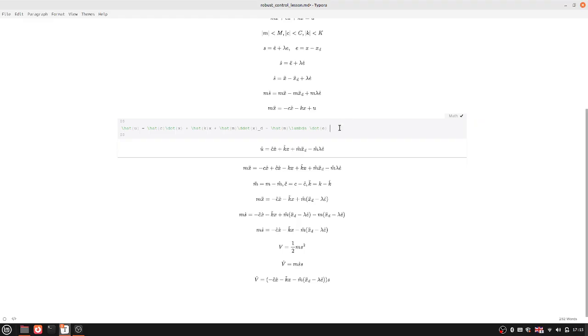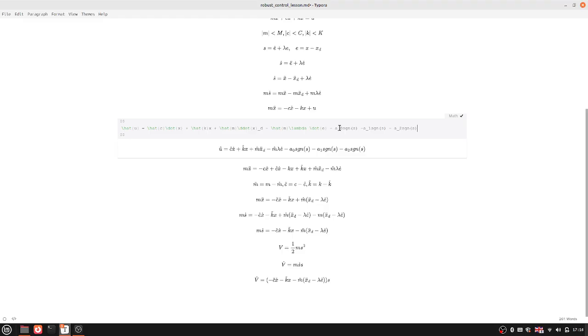So I'm going to come back up here. It's going to be minus, and I'm going to call them a0 sgn s, minus a1 sgn s, remember s is our sliding surface, sliding variable, a2 sgn s,